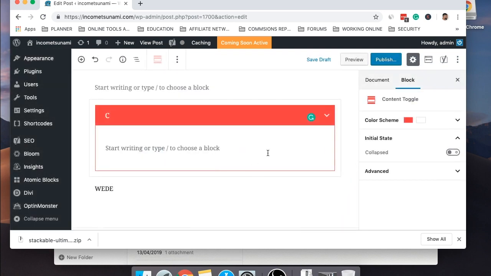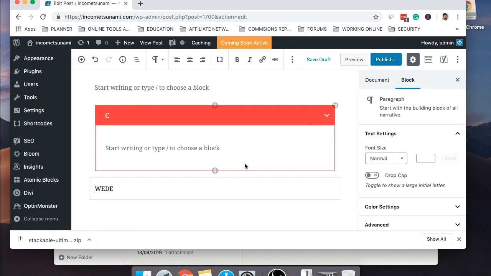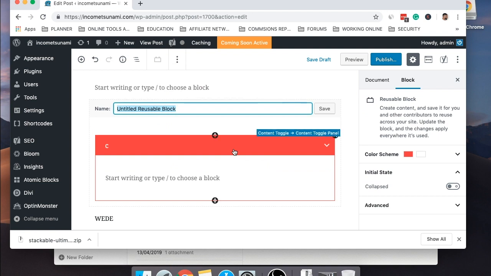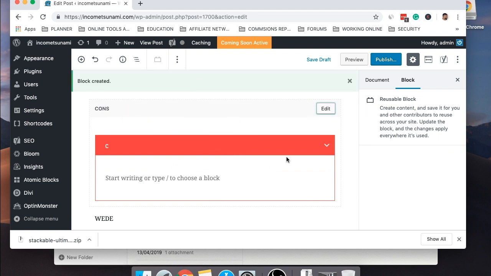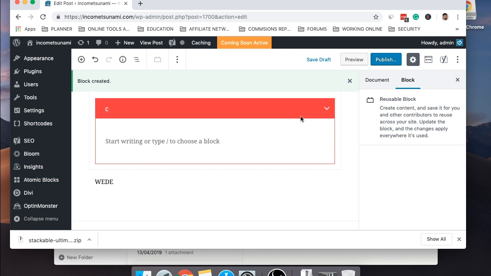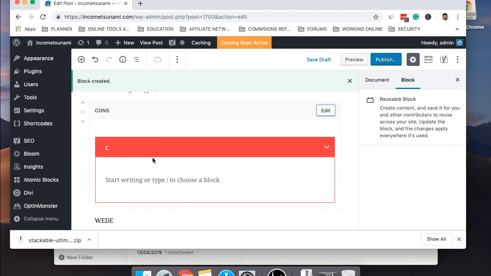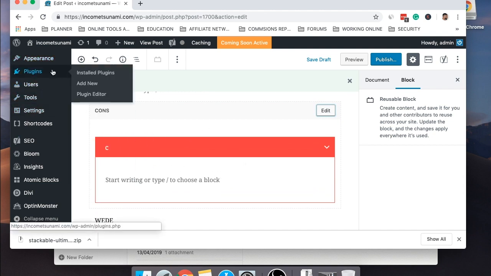So anyway, if I were to keep this and I wanted to save it and reuse it again in future, what I would do is add to reusable blocks. Now I can save that as cons. So now that's saved. But the idea is, if I were to create a new post, say for example I had this right here and I wanted to apply this box to another post,